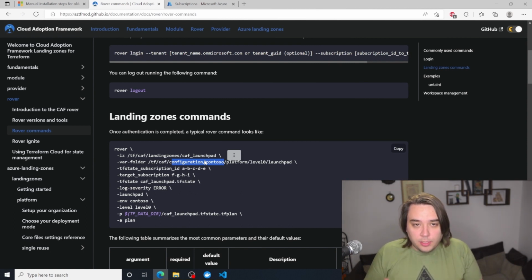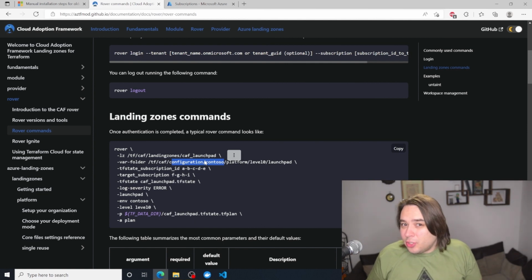Now the thing with Rover right now is, before, they used to supply you a starter repository with these tfvars files, which you basically just copied, and then you tried to do find and replace and all of that kind of stuff.